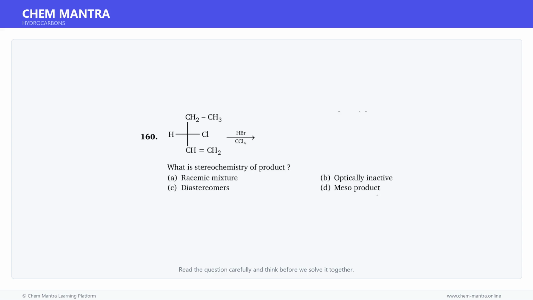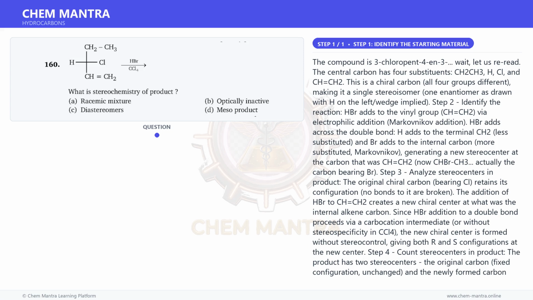Here is a question. Read it carefully and think about the answer. Let us solve it step by step. Let us begin solving this step by step. The compound is